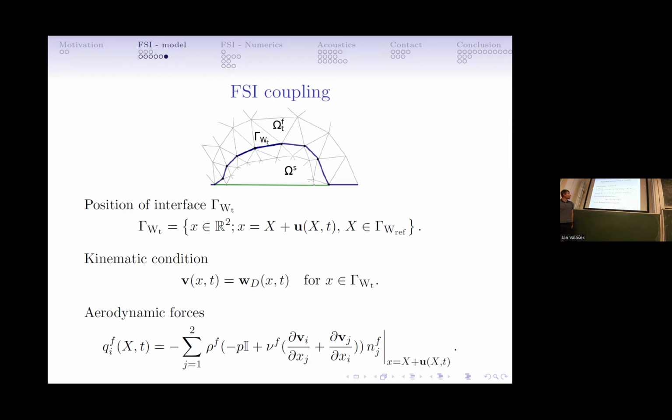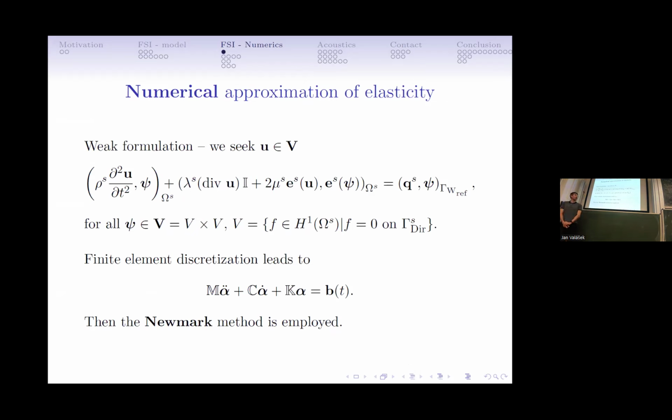Okay, so that was the mathematical model, and now let's move to the numerical part. For the numerical simulation, we use the finite element method. So we need to have a weak formulation. Here we use this quite standard one. The weak formulation of the linear elasticity problem looks like this, where E is the small strain tensor, and for this formulation we apply finite elements of the first order, and this leads in the end to such a